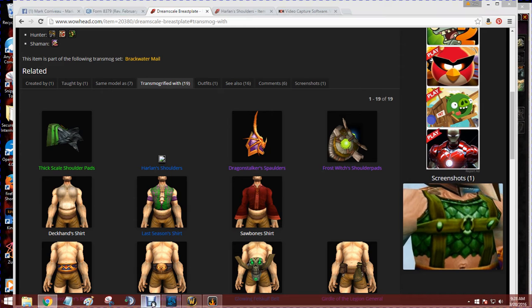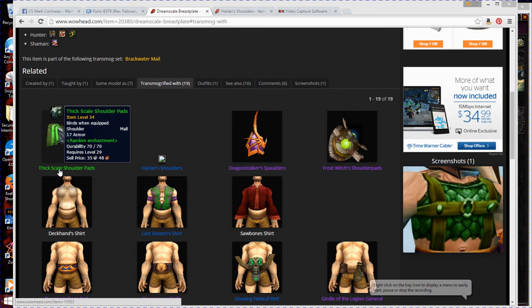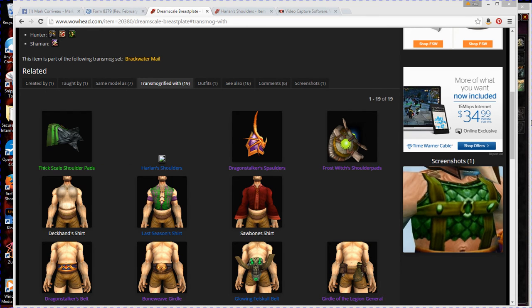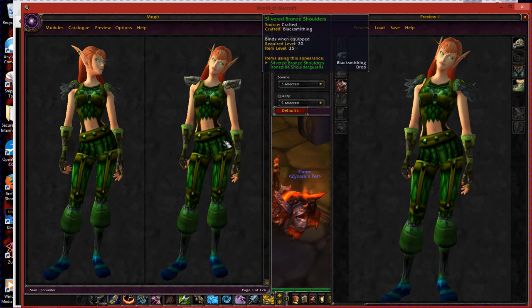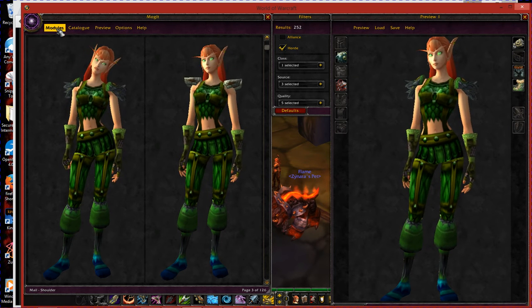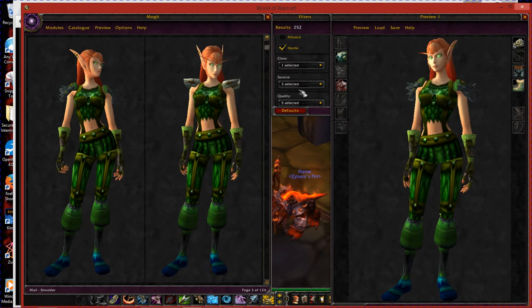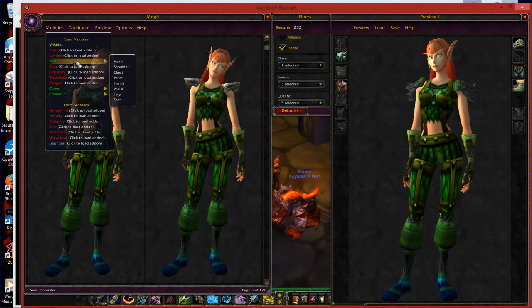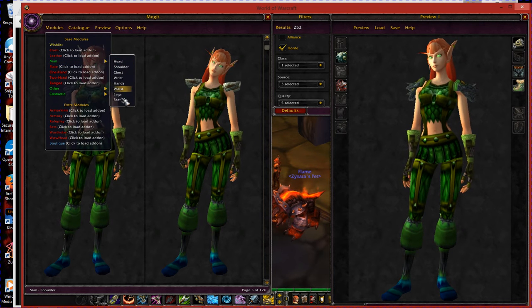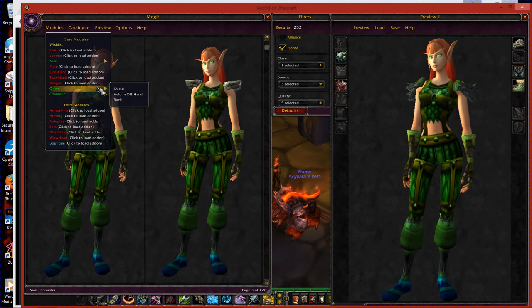Okay, so the thick scaled shoulder pads are what I'm going to go ahead and go with. Go back to World of Warcraft, go ahead and choose those. And if you want, you can go ahead and look for a cloak or helm. I typically don't show my helms anyway, but I will show you how to look for the back piece, because you see in the mail it does not have back, because back is cloth. But it's not just for cloth users, so they have it listed under other.